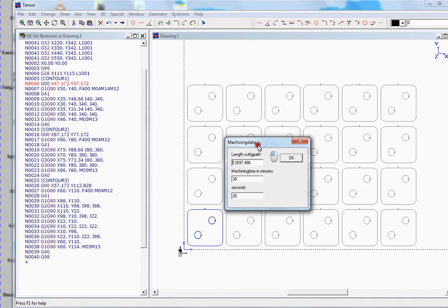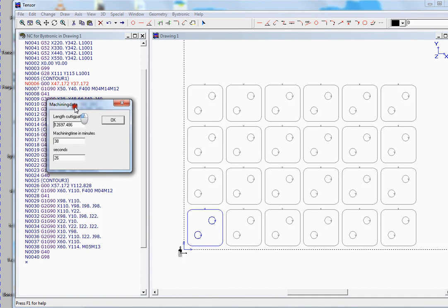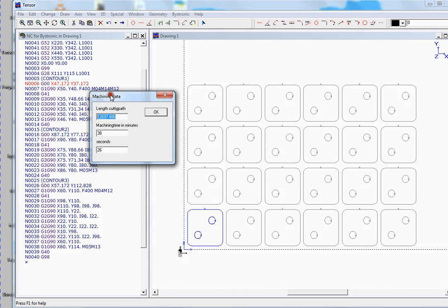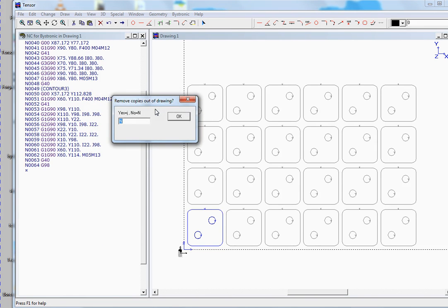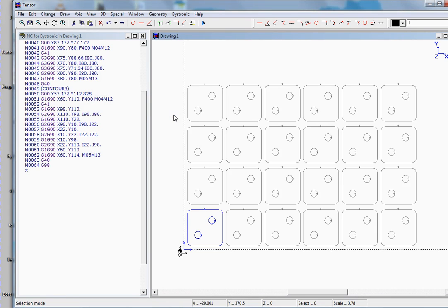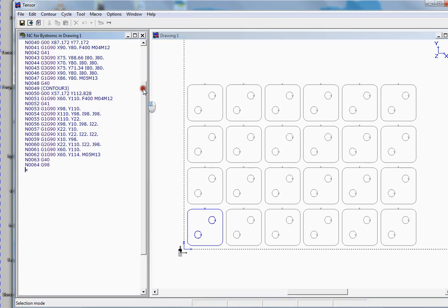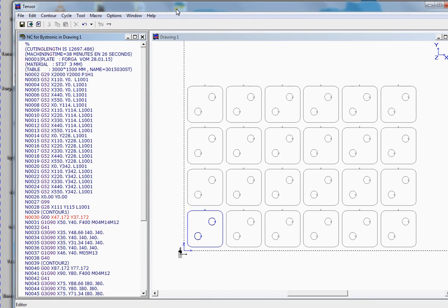and then you have a closer look, and then Tensor will present the machining time in minutes and seconds, and the length of the cutting path is almost 13,000 millimeters. So if you want, you can make a calculation of how much it will cost. You can remove the copies from the drawing, which we will not do, and then you will see here the